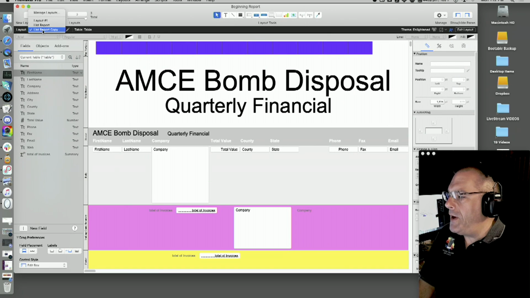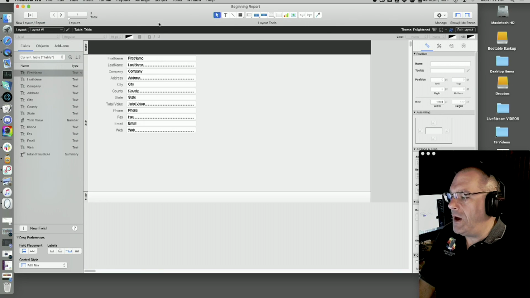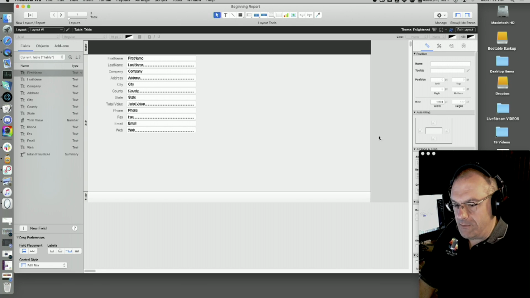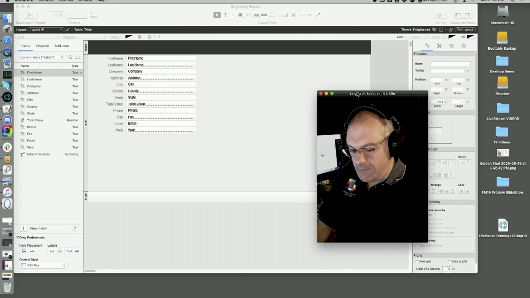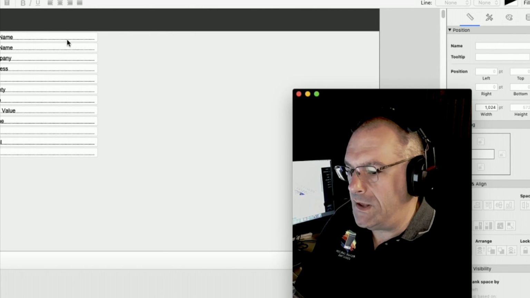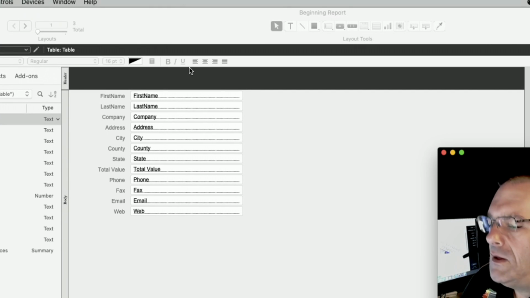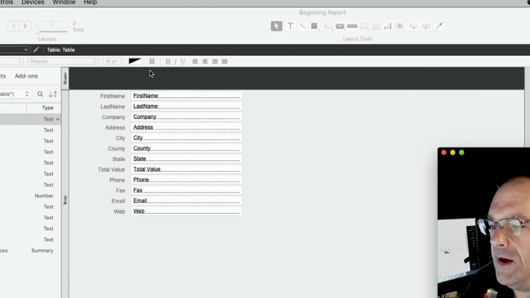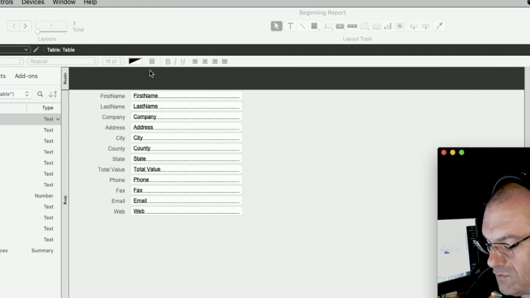Let me go back to the beginning of last week. Here is a basic table, a brand new file with one table, and these are the fields that are in it. I'm going to move my face over here, and then zoom in so you can see better. So these are the fields. Then I did an import of 5,000 sample records. These are just bogus make-believe records, so we would have data.